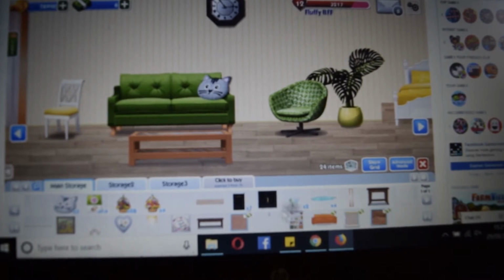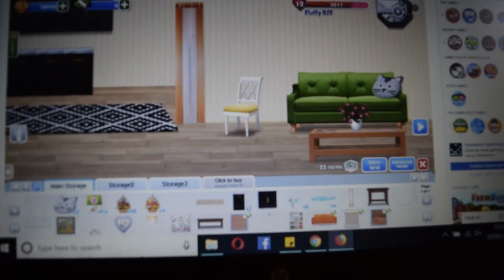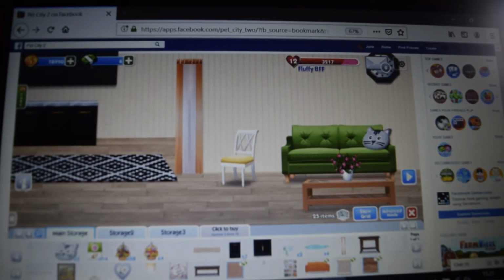So what else can I do today? You know, I can invite friends. I haven't been approved to join Petcity VIP yet, but then again, it is the middle of the night, so not here, but there. And yeah, I've just got to wait really till tomorrow. I can do a bit more decorating, and